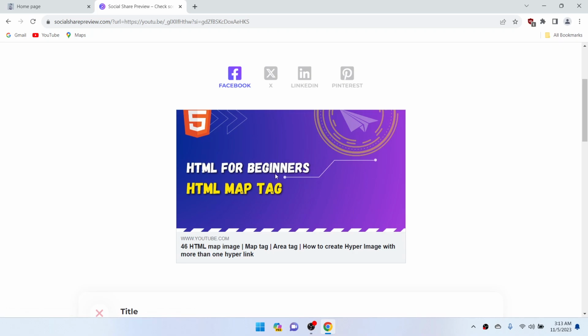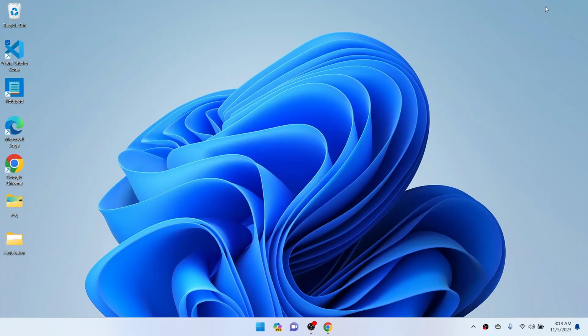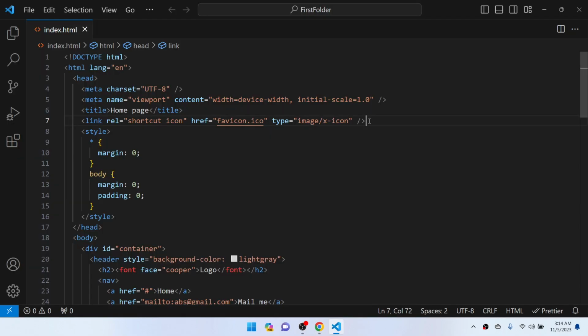Let's say we want that if someone posts or shares our website link, there should be a preview like this one. So how will we do that? In some of my previous videos, I told you about Open Graph protocol or Open Graph meta tags. So we are gonna create this card kind of shareable link with the help of Open Graph protocol or Open Graph meta tags. That's why I'm gonna minimize the browser, open VS Code, and in the head tag,